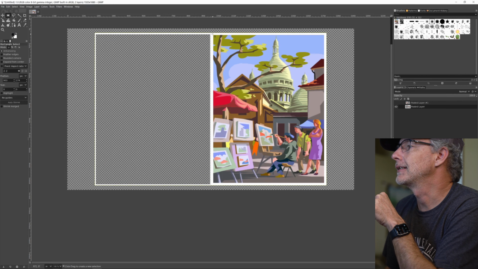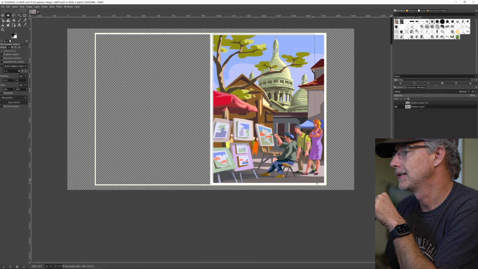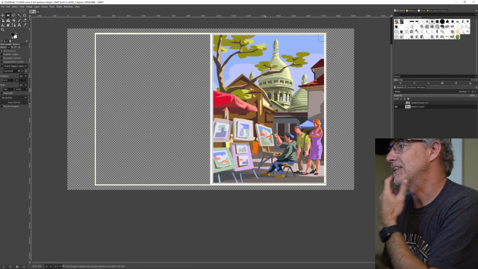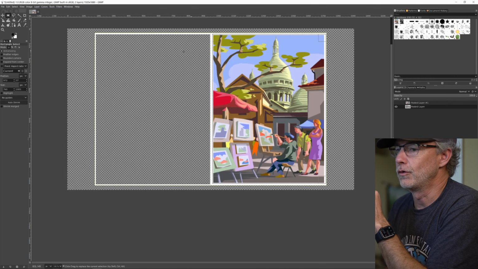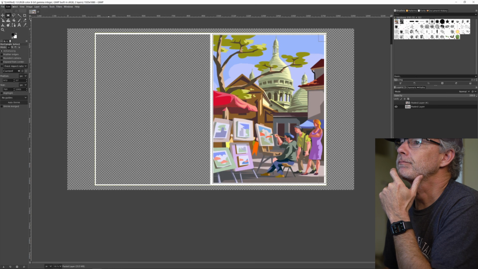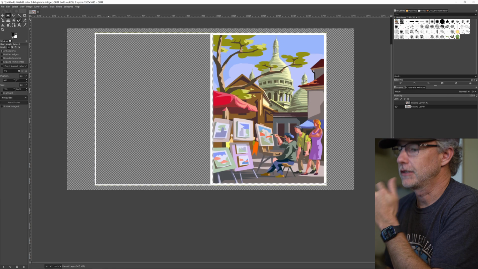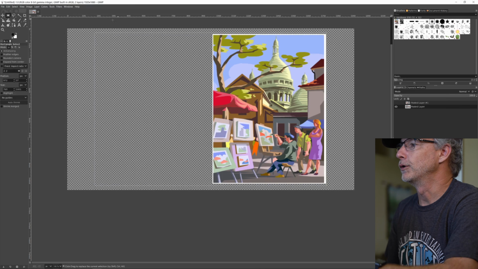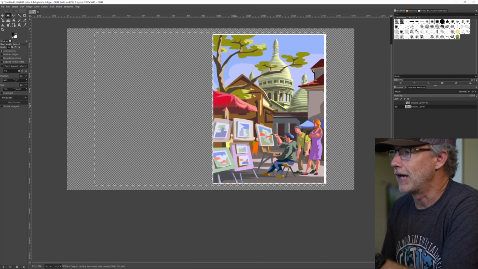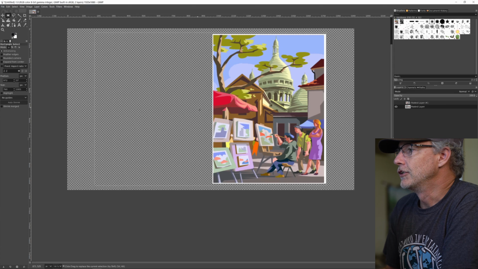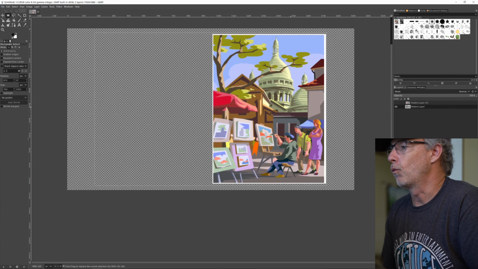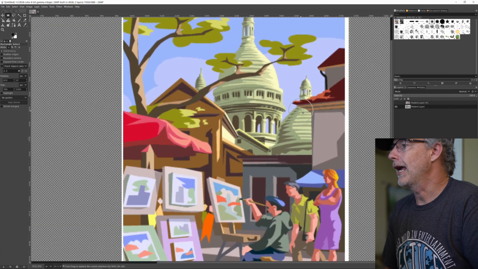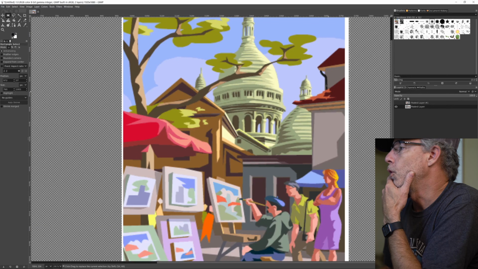I'm just going to select in the white space, not touching the picture at all. In this case, because this is the last thing I need to do on this, I'm just going to invert this selection, select, invert, and then hit delete, and that will delete everything but what I've selected, sort of the opposite of what we did last time. So now I have just the white space, and I'll show you why that white space becomes important,